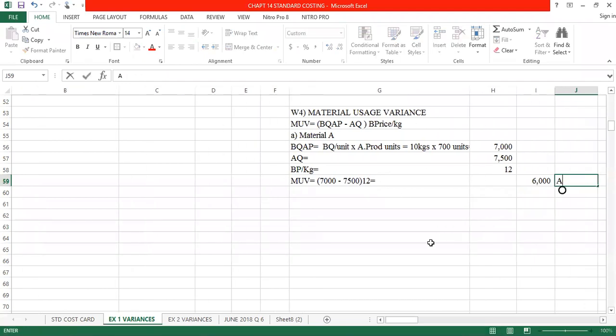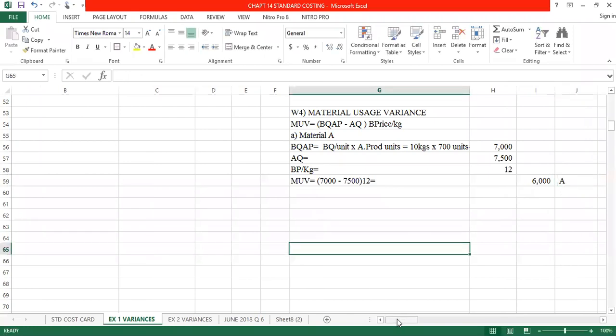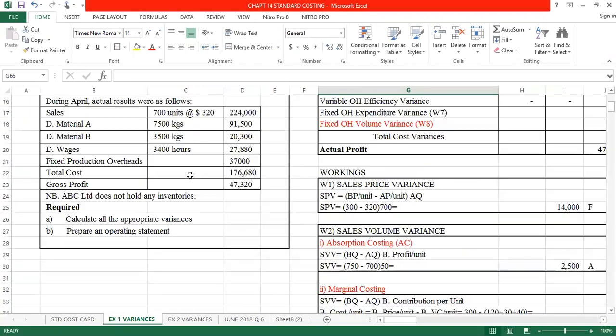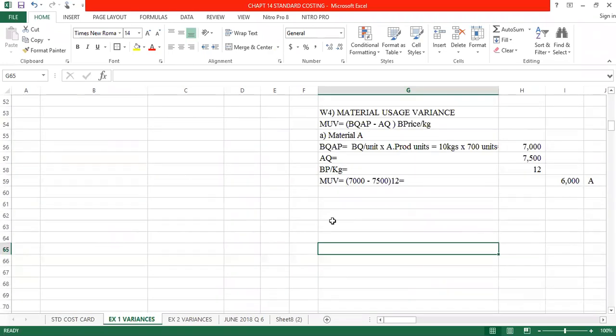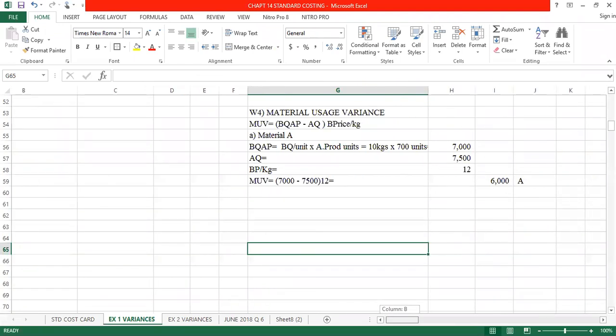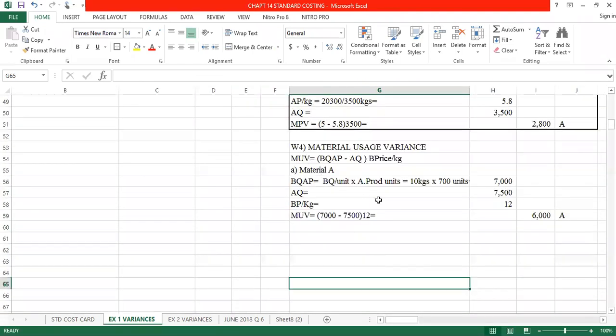So if you used more than what you had budgeted, it becomes A. You used more than what you had budgeted, so it becomes A. The same, we go to